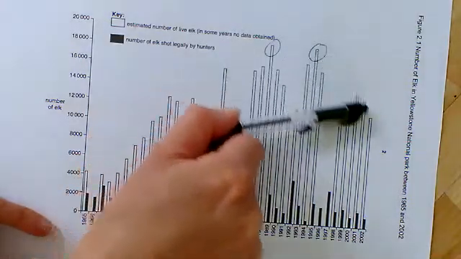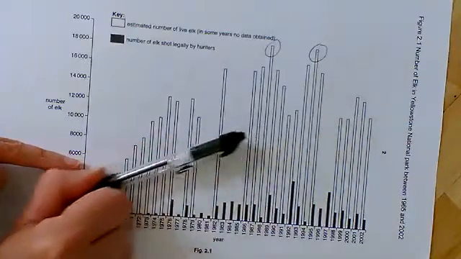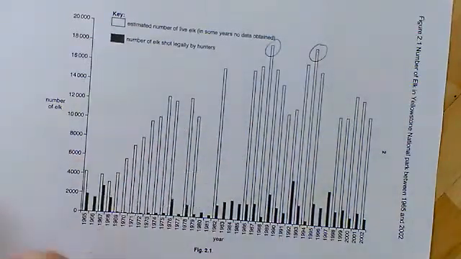Although we've got a dip down here, our overall trend from this region to 2002 is a definite increase. So when you describe patterns in data, it's often about picking out the small sections, but also picking out the big bits